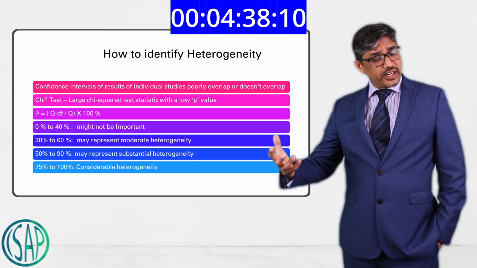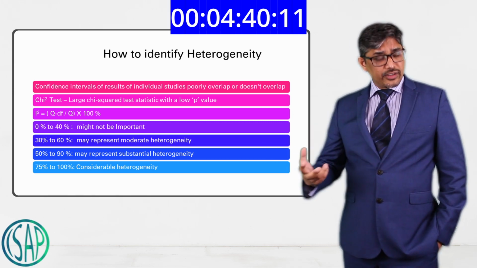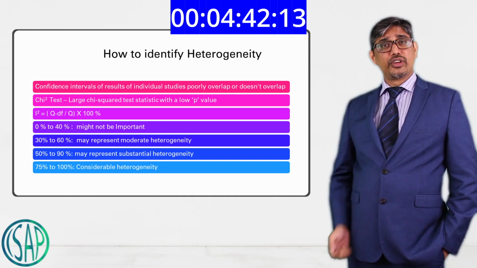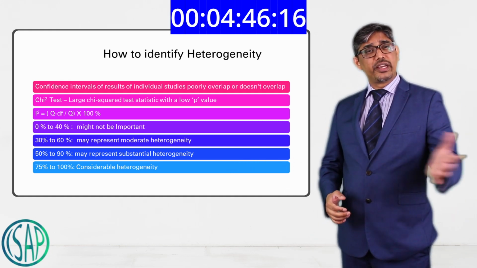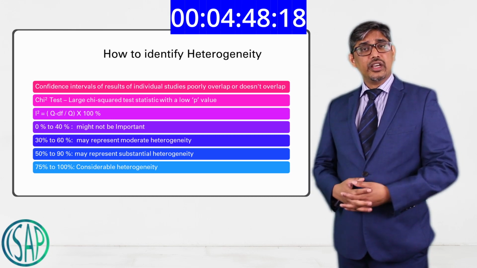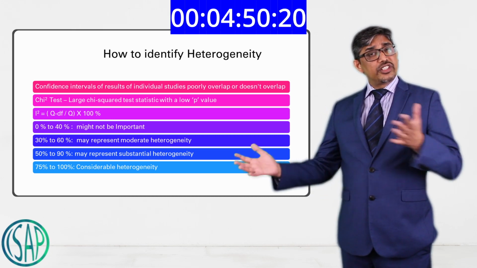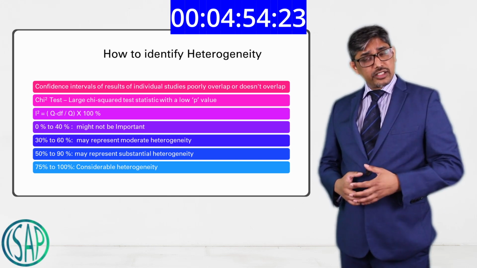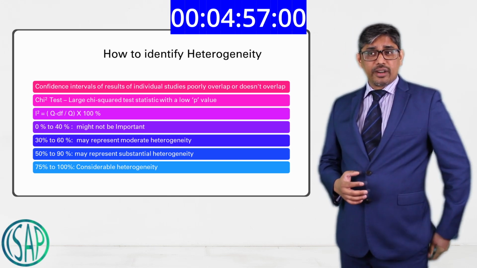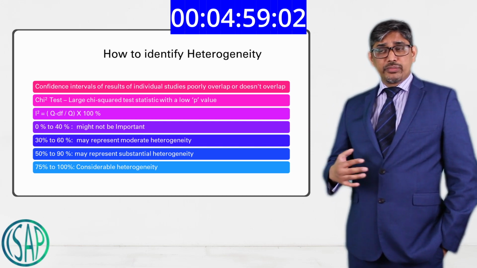If more number of studies are there, lesser the heterogeneity because it subtracts from Q. Let's say for example, if there are 10 studies, the degrees of freedom is 10 minus 1, which is 9. So that means that there is an inverse relationship between degrees of freedom and I square, and there is a direct relationship between Q and I square. Are we clear on the Q and I square concept?